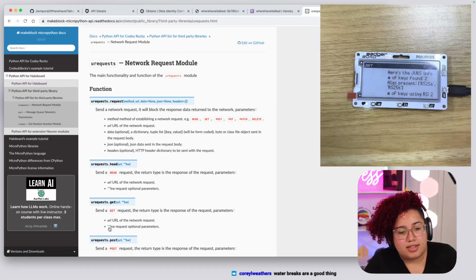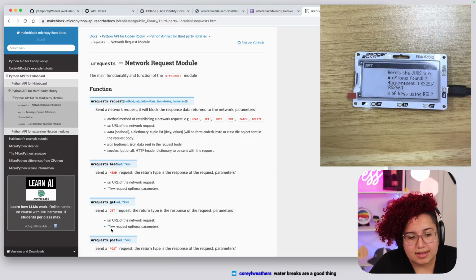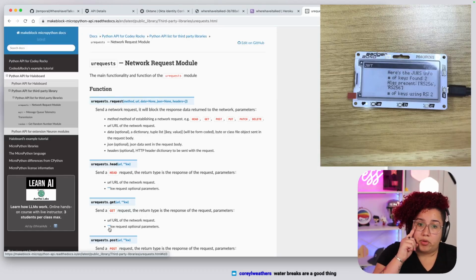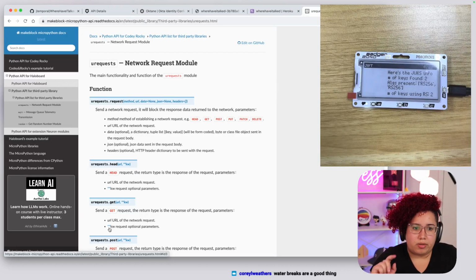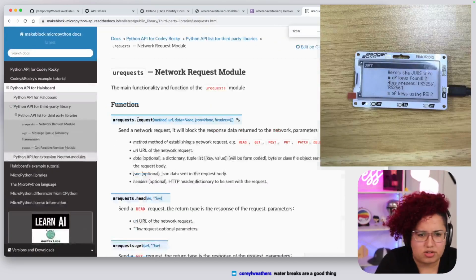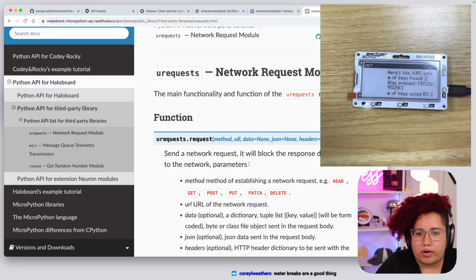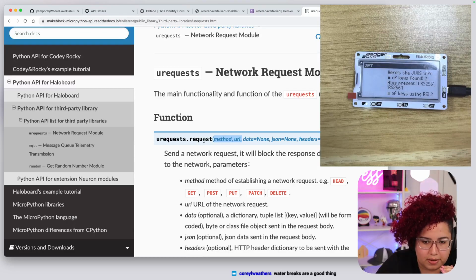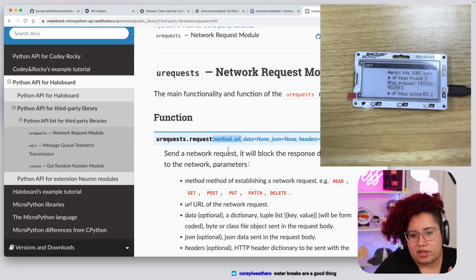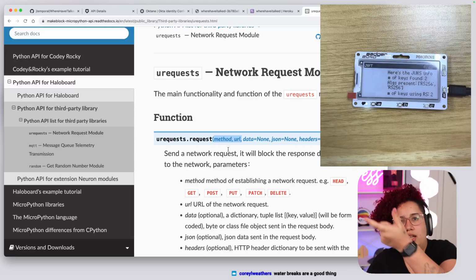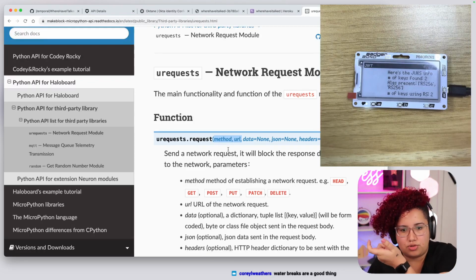And for those who don't know Python, this basically means that you can pass them as a dictionary and it's going to be unpacked. So for example, if you have a function that takes more than one parameter, like here, the request function. Let me just zoom in, better to read. So the urequests request function takes method and URL, and those are non-optional values that you need to pass. That's the minimal thing that you need to pass for this function. But you could pass this either as post as the string and the URL you want to make the post to, or get and the URL you want to do the get to.